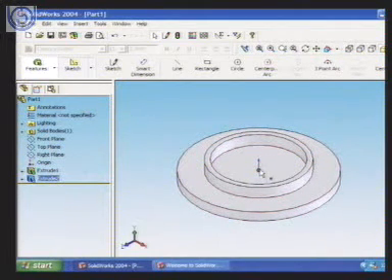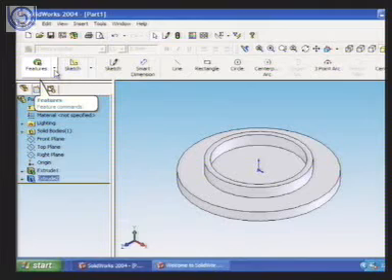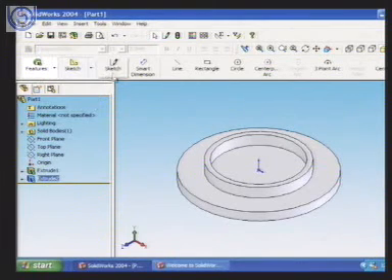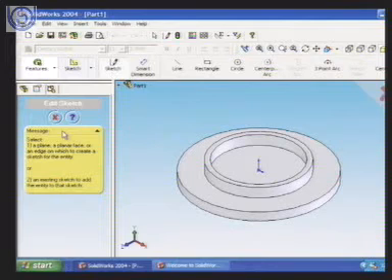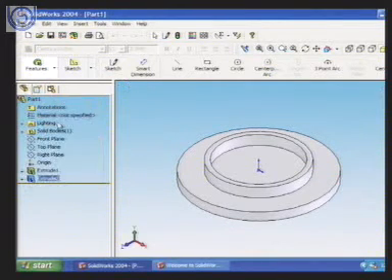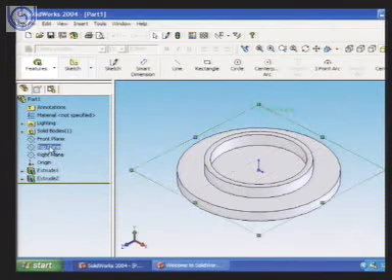Now suppose in the original drawing which we wanted to create, we have a hole here. How to do that? Now we have learned to add the material. Now we have to remove the material. So what we will do, again we have to create a sketch. It is saying that I have not selected the plane. So that is why it will not be able. So I have to select the plane. I say top plane, and then I select